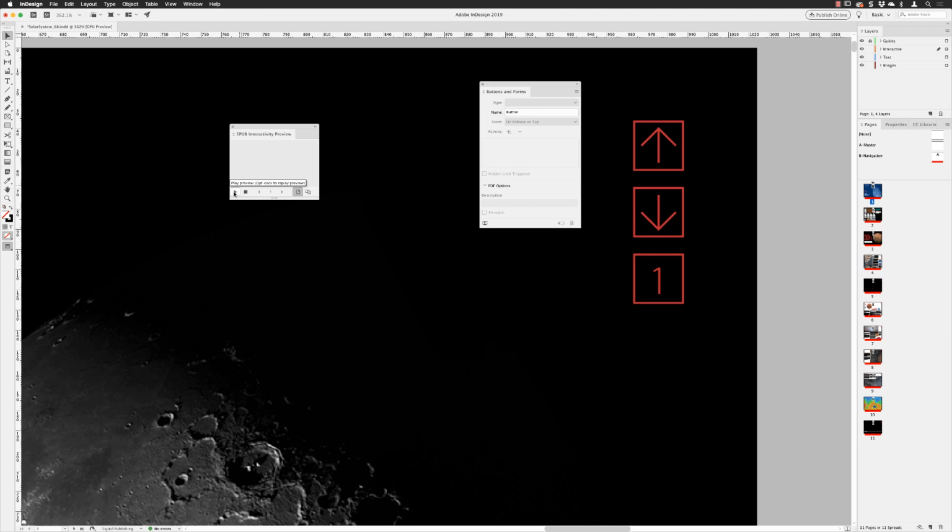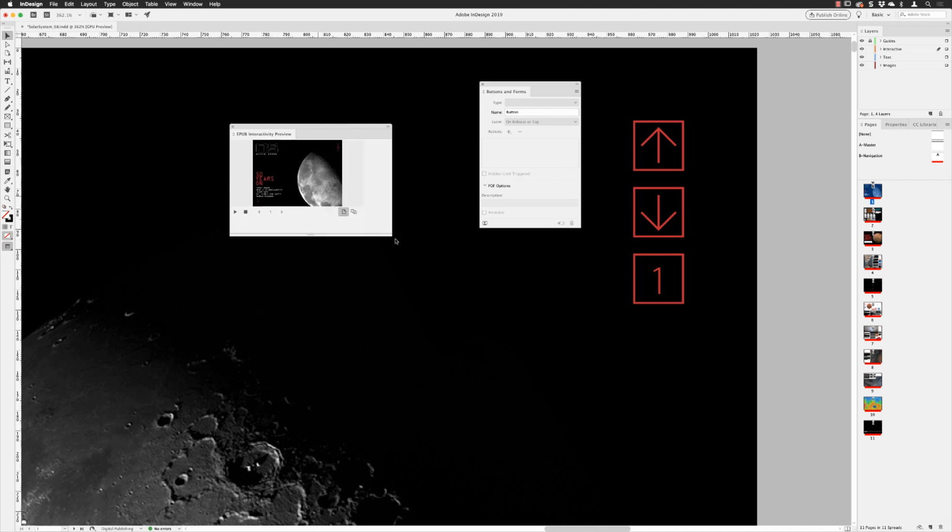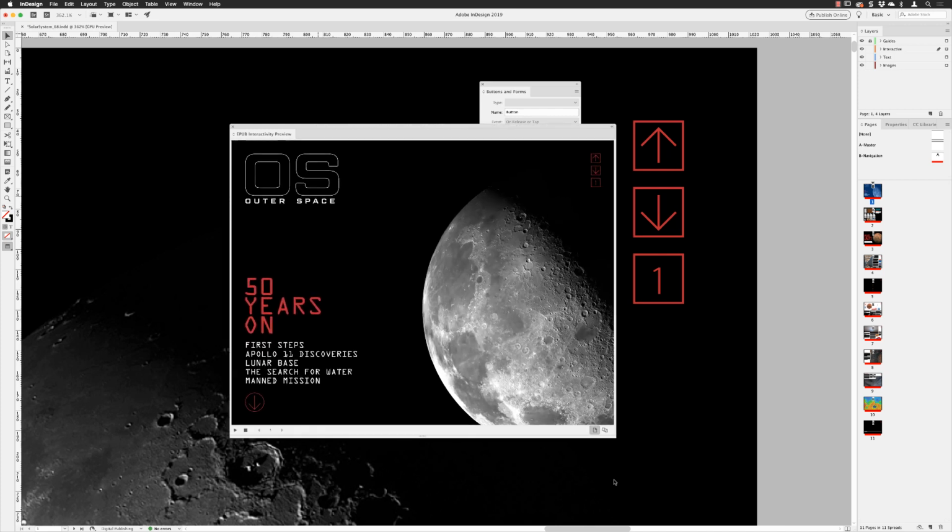It will by default only load up the current page. The view of the interactivity preview in here is very, very small. You might not see any of the buttons in there, so you can go down to the bottom, click and drag and make that bigger, and then eventually you will see your buttons on screen. If I hover over here, you'll see that the preview shows me that the interactivity worked in there, which is great,